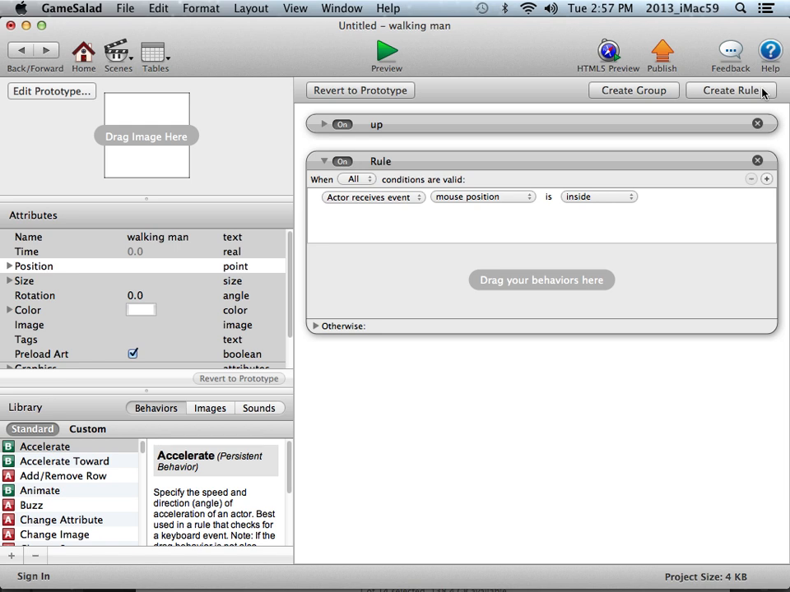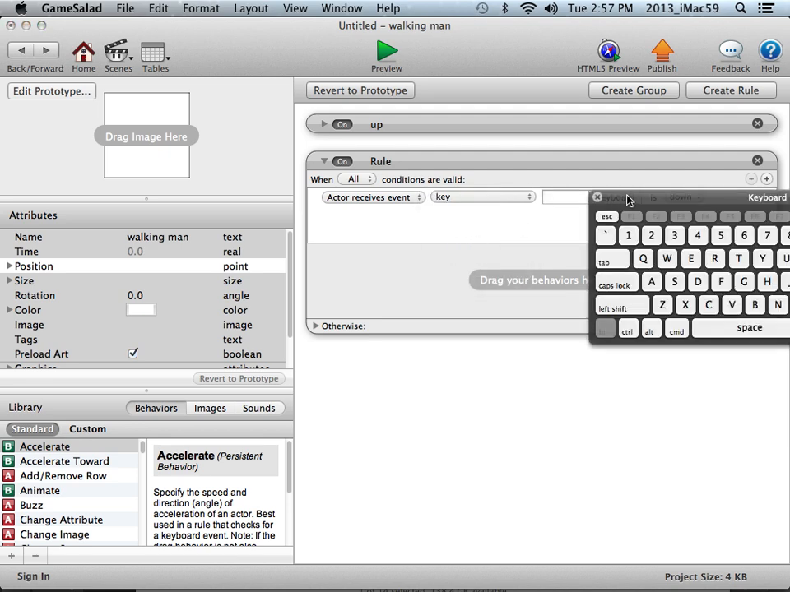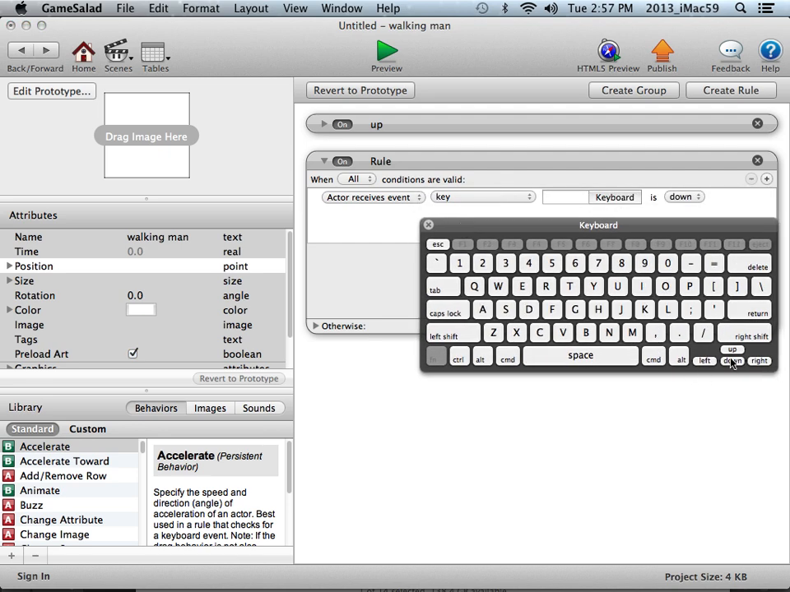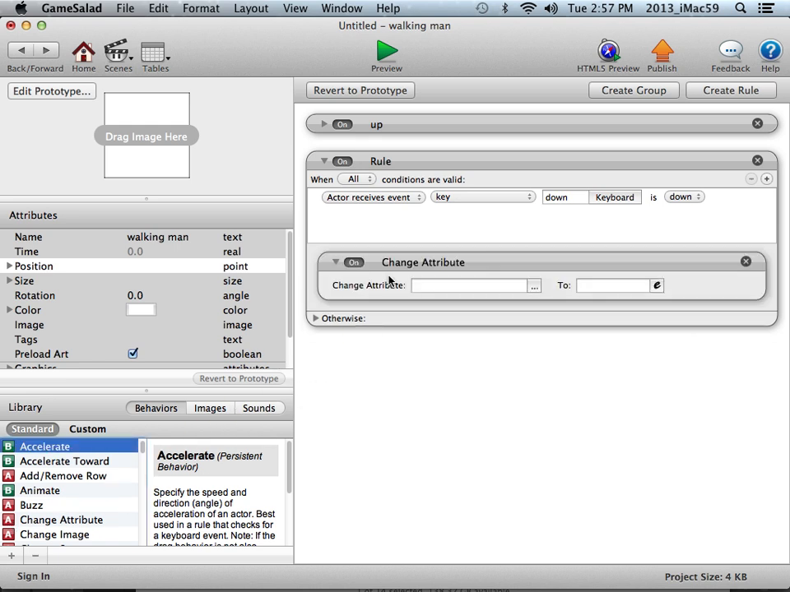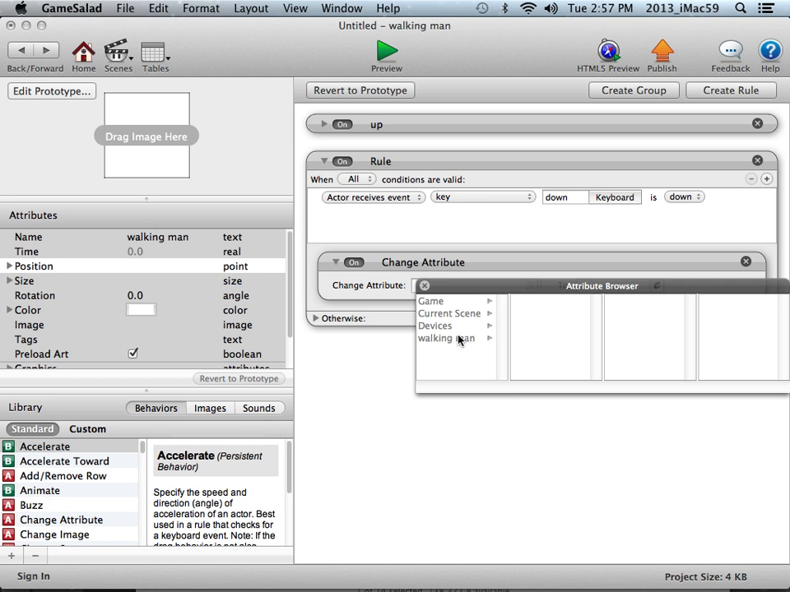Create rule. Actor receives event. Again, a keyboard event. Key. This time it'll be mouse down. So I'll click on the mouse arrow down rather. Arrow down key is down. Execute the following behavior. Again, I will drag the change attribute behavior, and the attribute will be associated with the